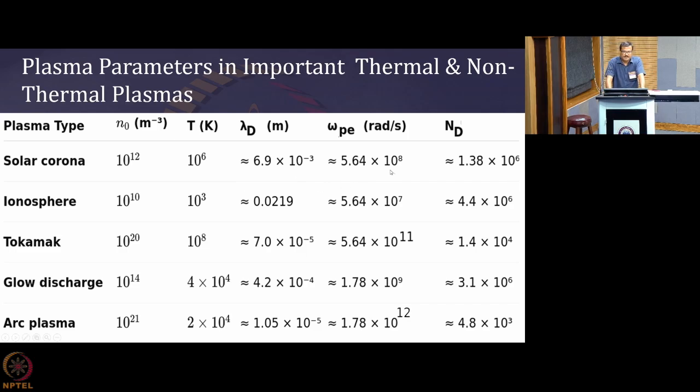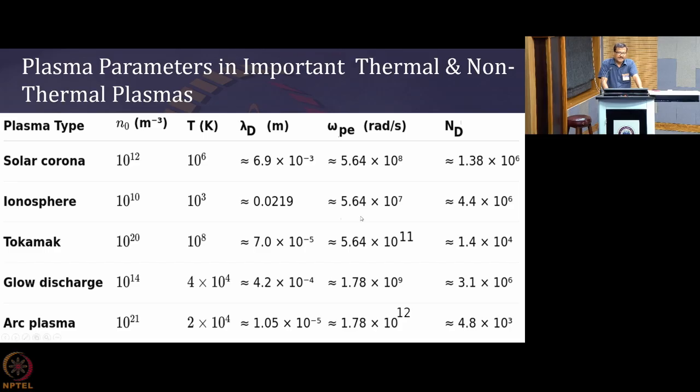So what is basically the purpose of this tutorial? And the plasma oscillation frequency. Omega is equal to 2 pi f, where f is the linear frequency. So you can convert it, just omega by 2 pi is f, the linear frequency. So more or less the order will be the same. Okay. Now you see that the maximum one you are getting in arcs. So it is 10 to the 12, and the minimum one you are getting in the ionosphere.